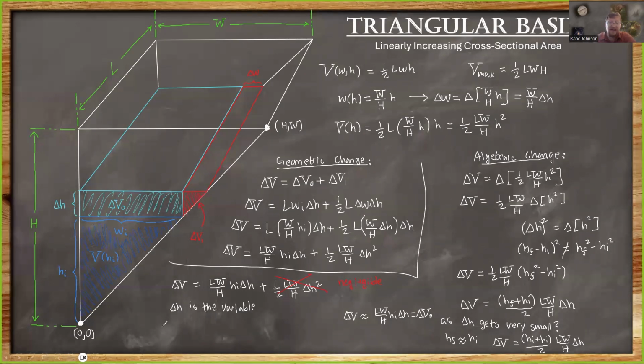Okay. So it's safe to say that for very small delta H, delta V is just the rectangular part, right? Okay. Now, as we squeeze things very small, we're going to use a special notation, right? Instead of saying capital delta V for change in volume, we're going to change it to little delta V. And we're going to change capital delta H to little delta H. And what the heck? If the interval's small enough, who cares about height final and height initial? It's pretty much the same point. So we may as well just call that H,